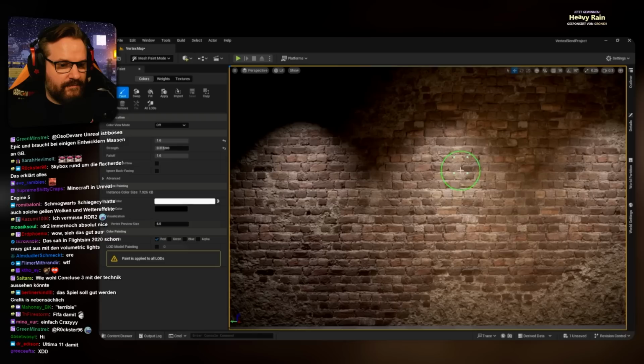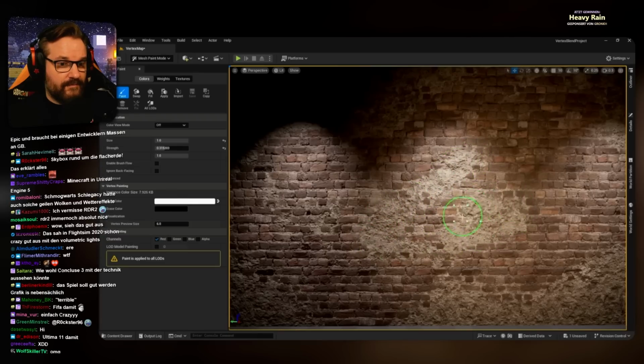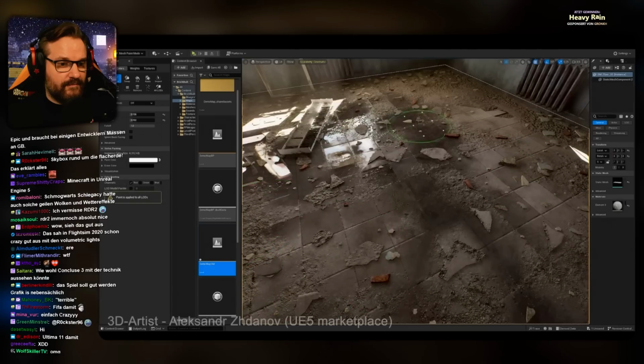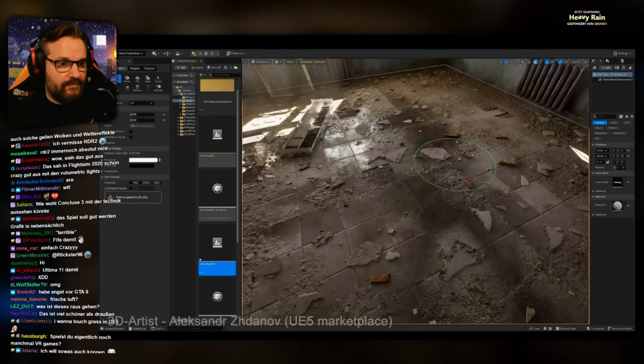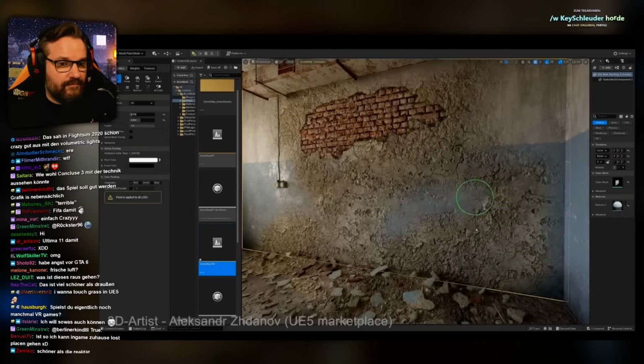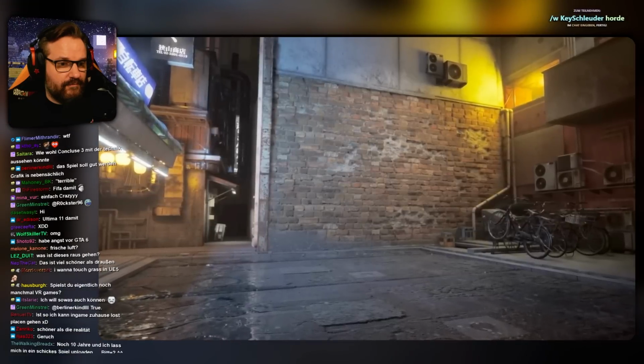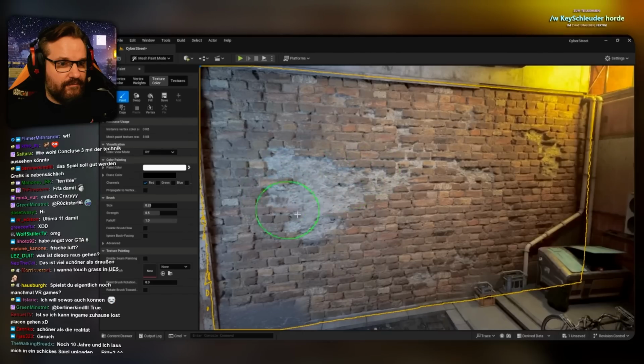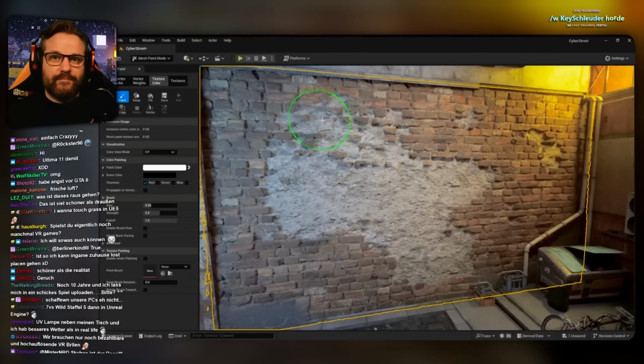can animate it. There is a really great feature called vertex painting, which lets us paint on meshes and blend between different materials. It gave us a lot of creative control in the editor, but it stopped working on nanite meshes. 5.5 introduces the new nanite mesh painting, which brings back the same feature for